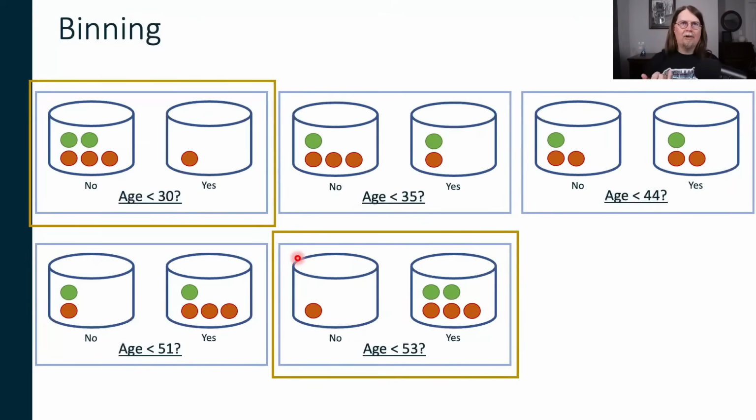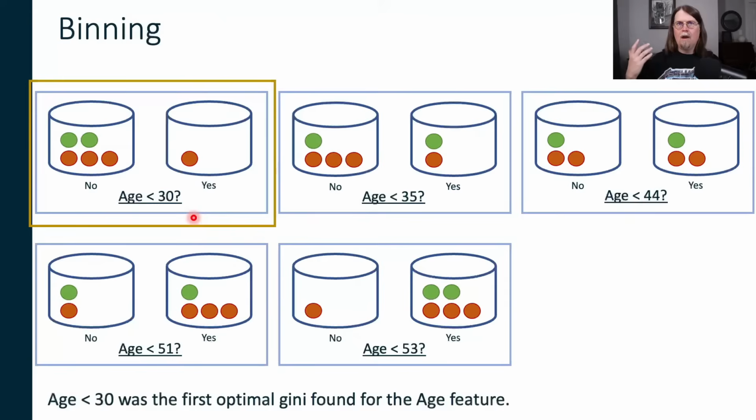In terms of the mathematical calculation, it doesn't matter. They come out with the same score, even though they're mirror images of each other, which kind of makes sense if you think about it. And once again, of course, if both of these are tied for being the best, we know that by default, the CART algorithm will actually pick this one as being the winner, okay? Because it was the first best split point found for age, and that becomes the Gini score that is recorded